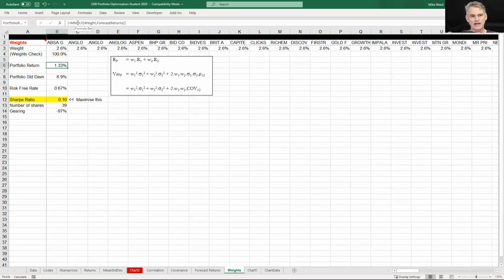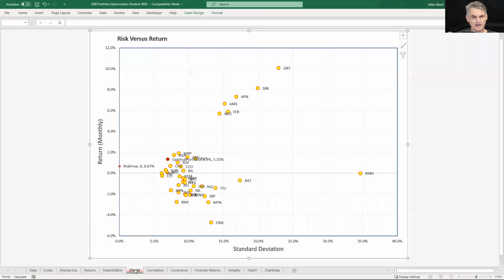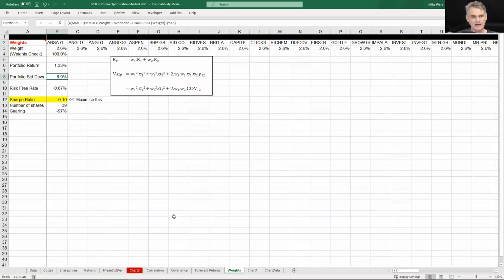Then I want to work out the portfolio return and the portfolio standard deviation, so that I can plot that on my chart over here. And you can see if I go to the chart, that is what I'm using to plot that red dot over there on the chart. So coming back to the weights,